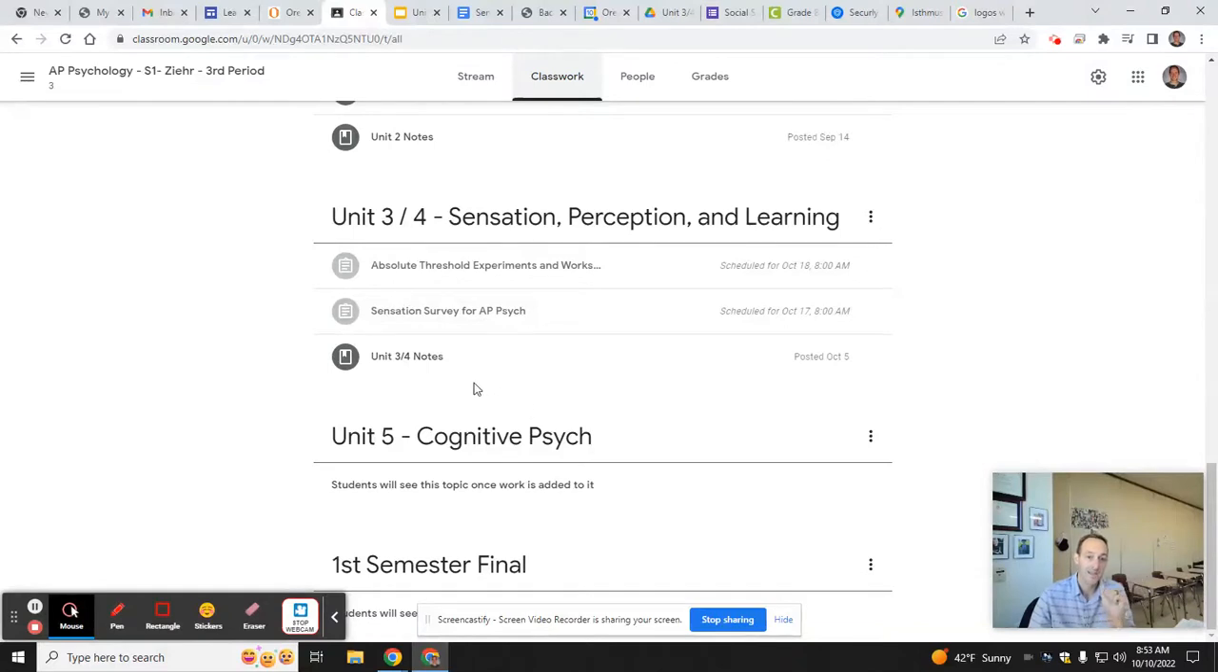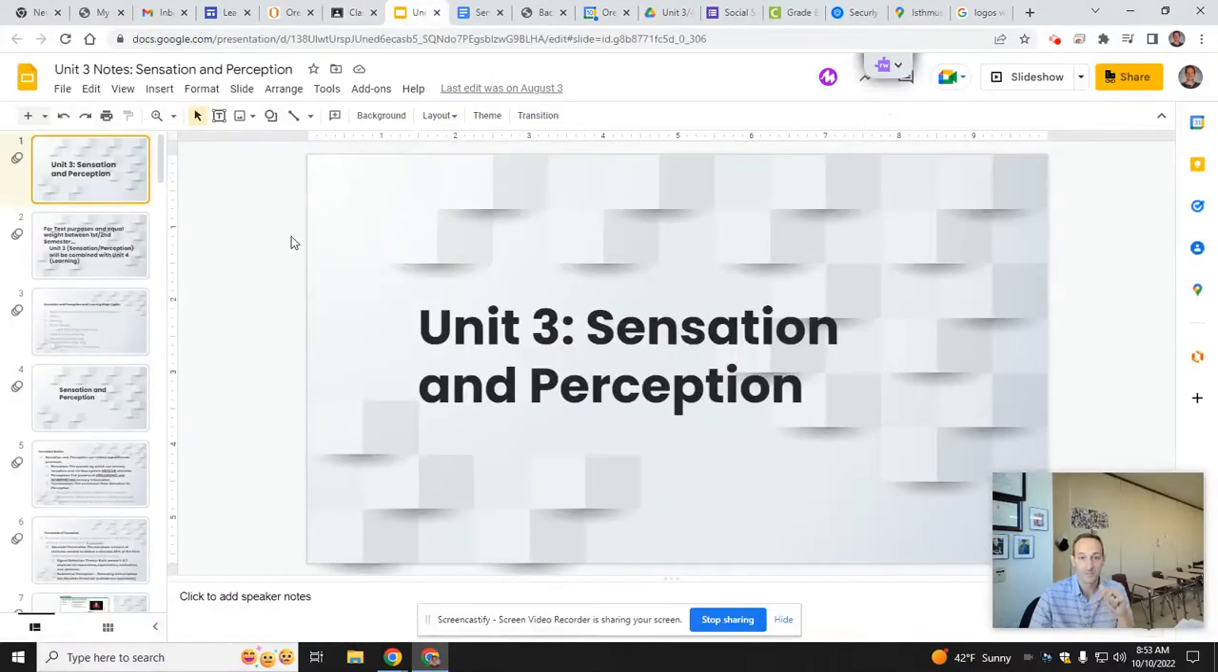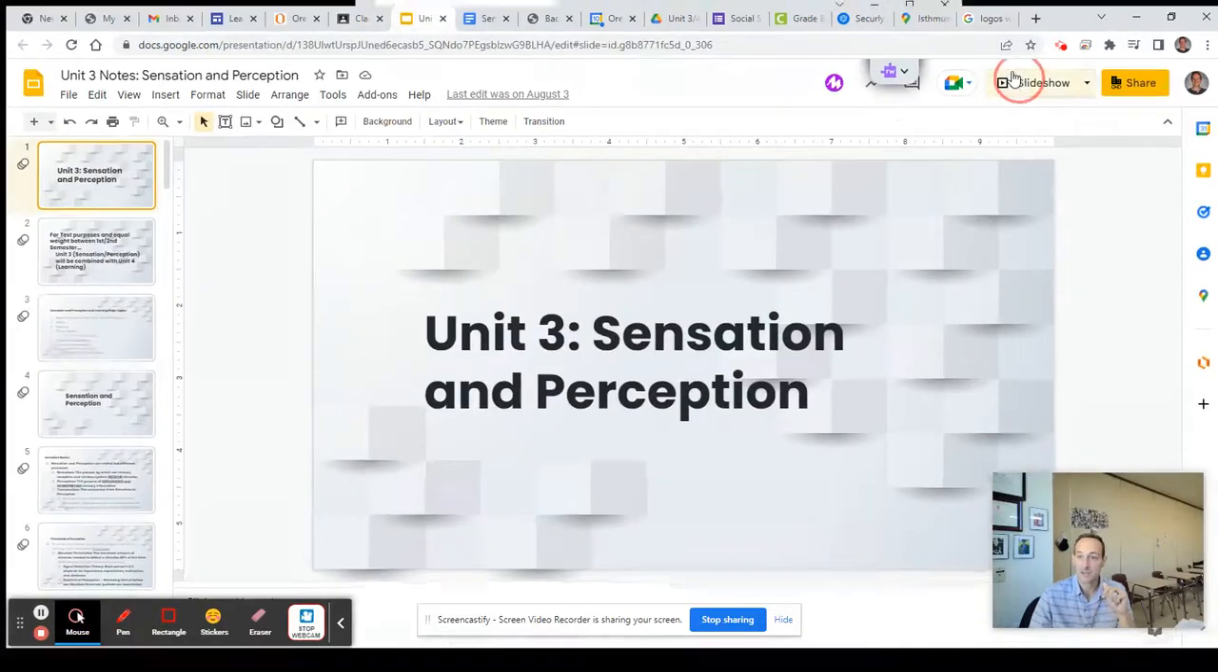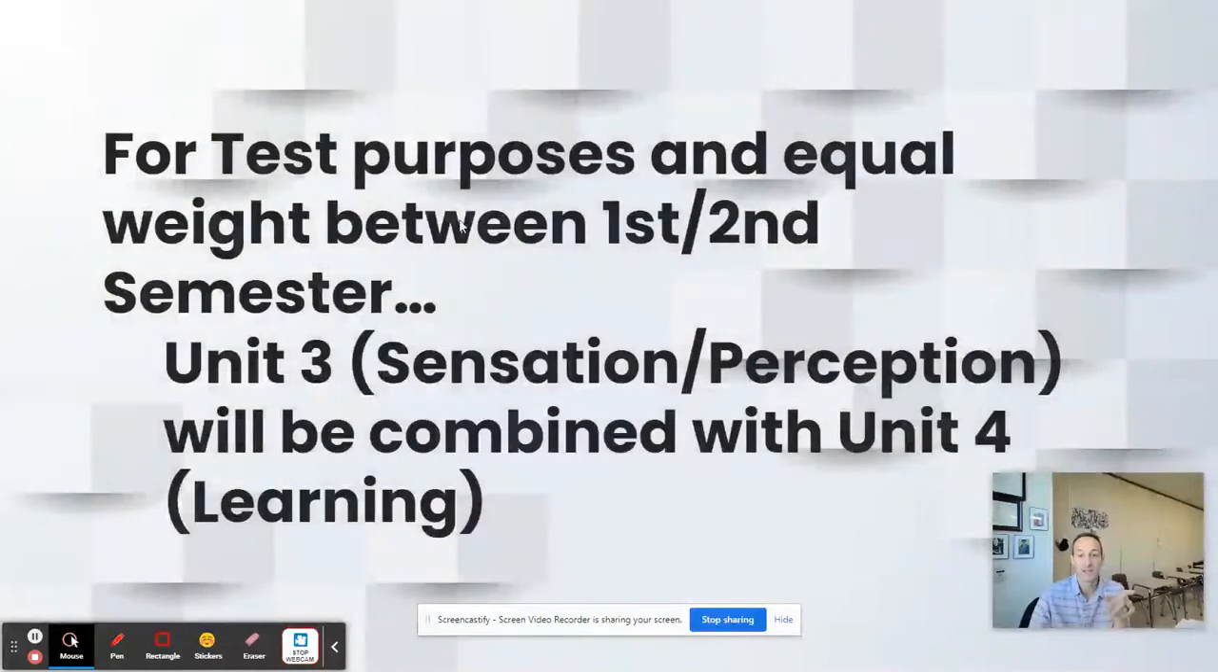I actually combined these. So as I'll note in the notes here, if you open this up and follow along, we are combining units 3 and 4. So sensation and perception is today's conversation and will be for this week, as well as basically next week up until we get to that little break we have at the end of October. And then eventually we'll be getting into learning, which is also known as behaviorism. And this will also help equal weighting between first and second semester. There are 9 units, and that doesn't really evenly split up between first and second semester. So by combining these two, we can stick with kind of 4 units in the beginning, 4 units in the